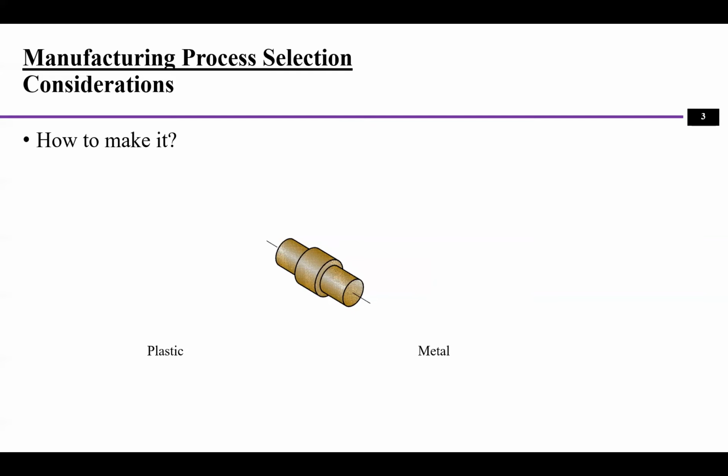But can we do 3D printing? Someone may say yes, of course. For a lot of metals, we can use 3D printing to make this part as well. But think about the cost, and also not all metals can actually be used to make this part. So when we have a part and we're trying to find out what kind of process to make it with, one thing is materials. Now we know either plastic or metal, but within each category, we have to think about